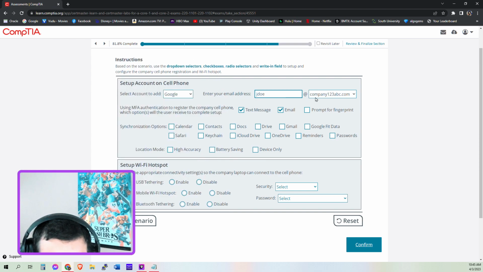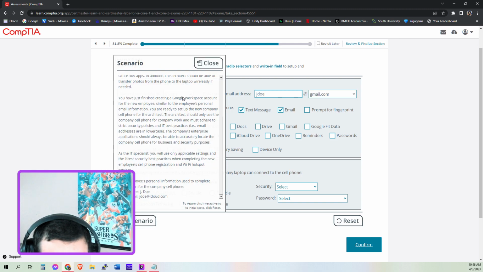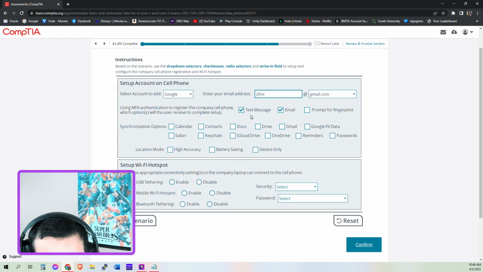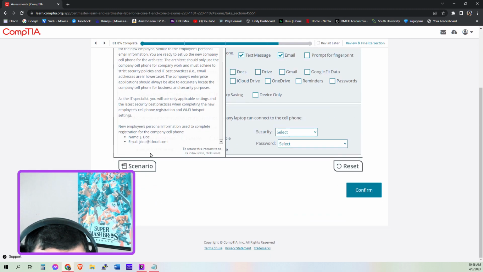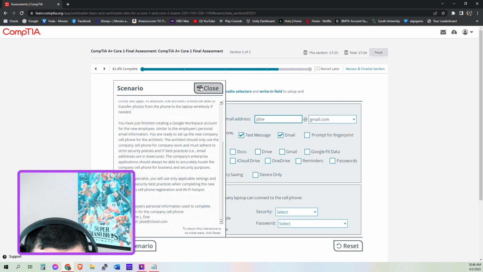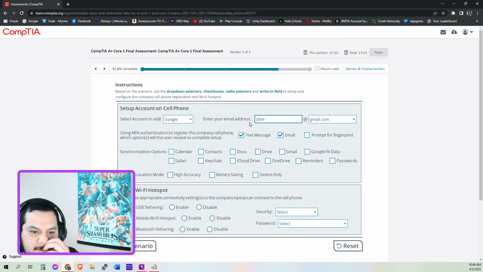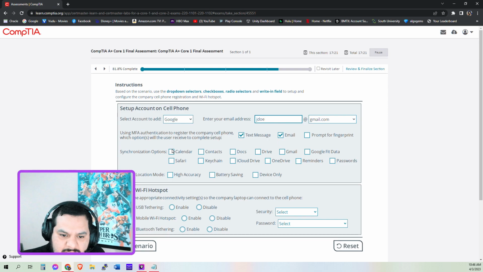similar to the employee's personal email information. So, Google at gmail.com. Because it was at iCloud, so I set him up a Google Gmail. Synchronization options, you want